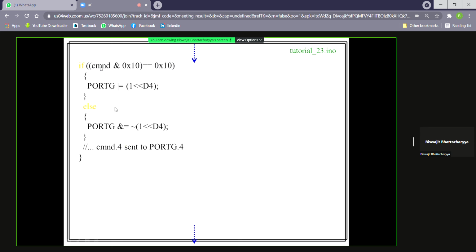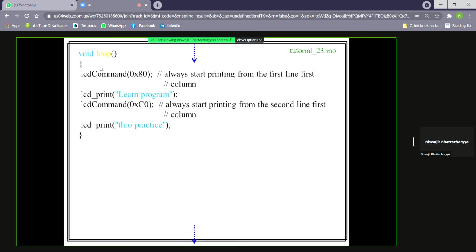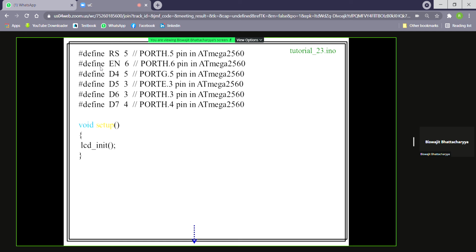Actually here, port H.5, H.6, port G.5, port E.3, port H.3, port H.4. All these pins will be configured as output pins.